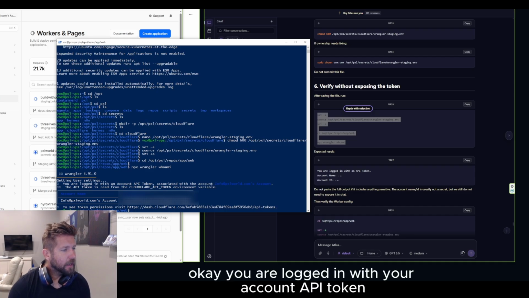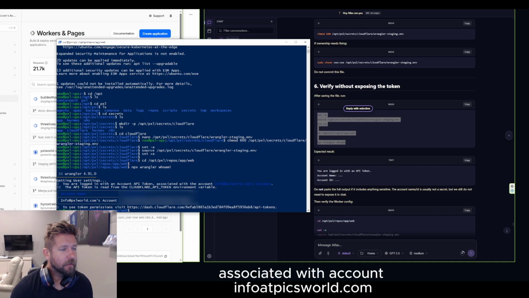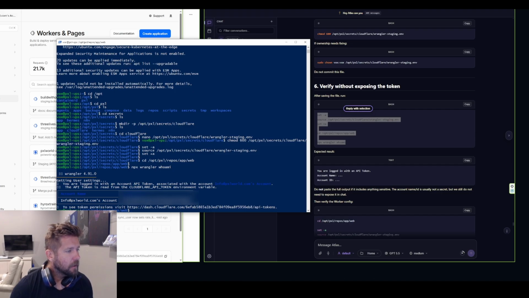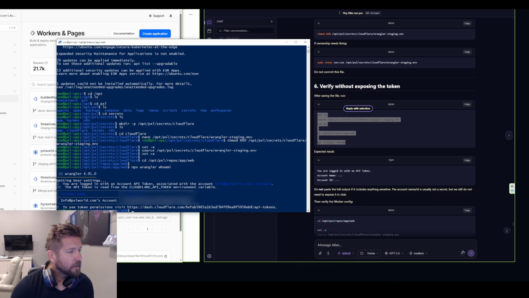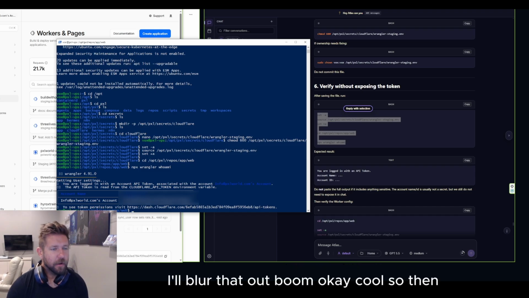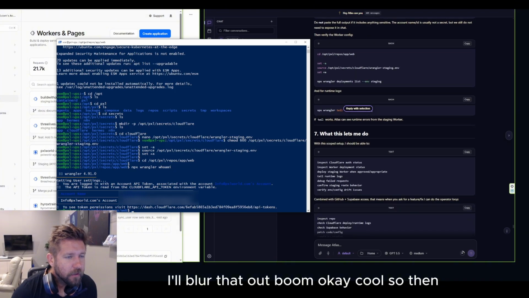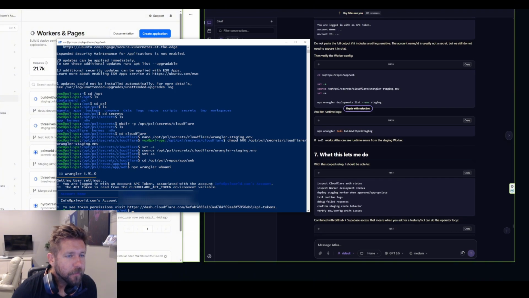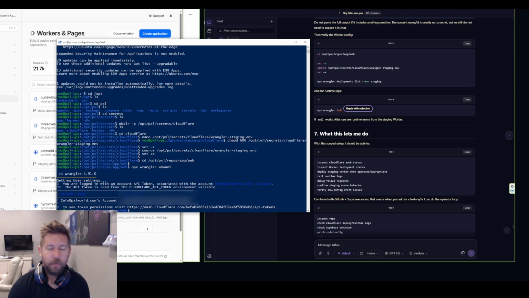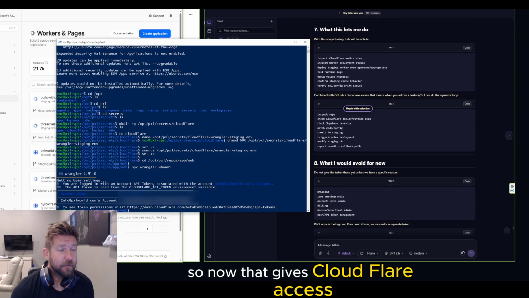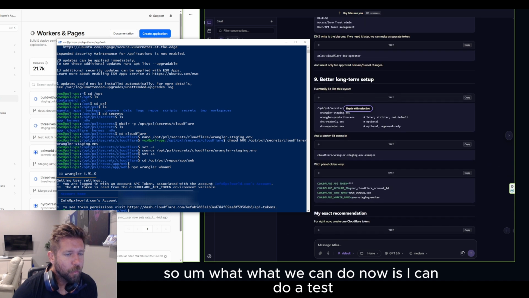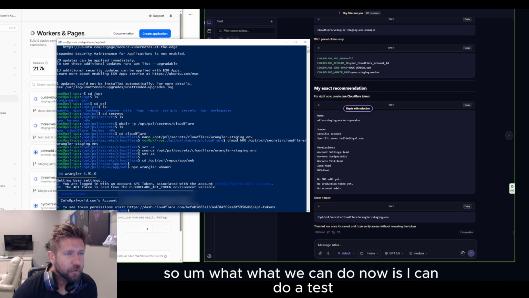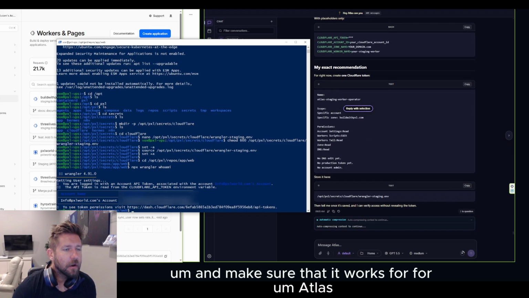Okay, you are logged in with your account API token associated with account info@pixworld.com. Read from the cloud API token account ID. I'll blur that out. Boom. Okay, cool. So now that gives Cloudflare access. So what we can do now is I can do a test and make sure that it works for